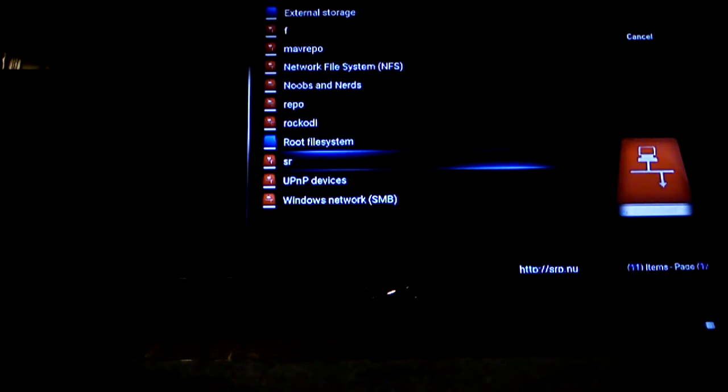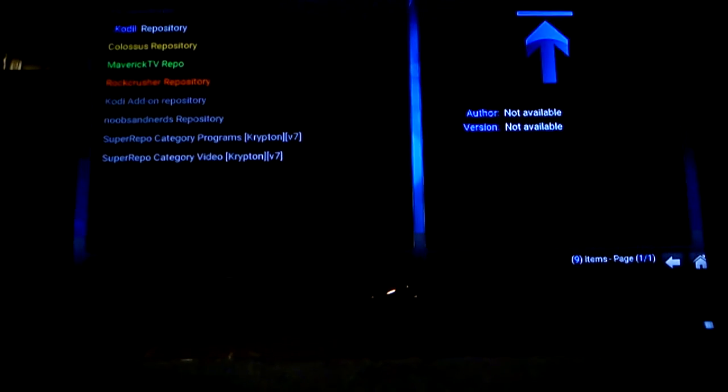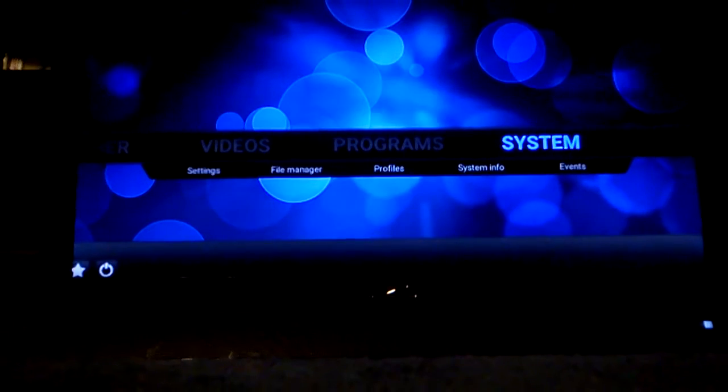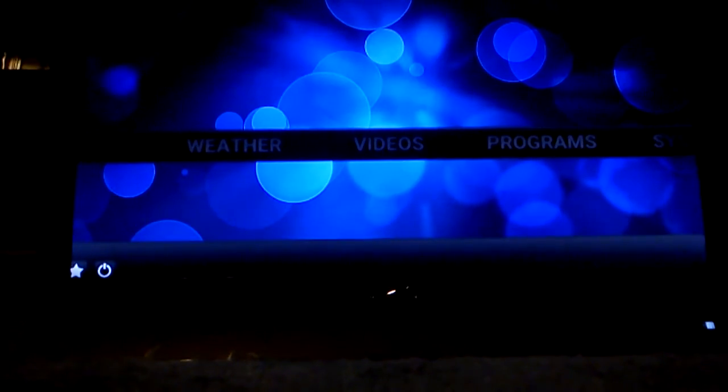And then Super Repo. When you go into Super Repo, you'll have to go to Krypton, and then I usually go into categories, and then I usually go into video and programs, and I put those two in there. So then you could go over here and install from the repository, but I generally don't even do that. Once I got them in there, I would just go to